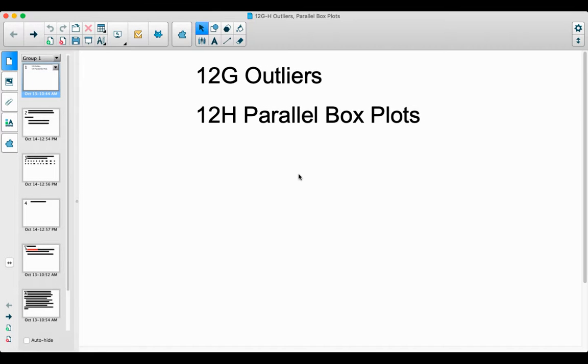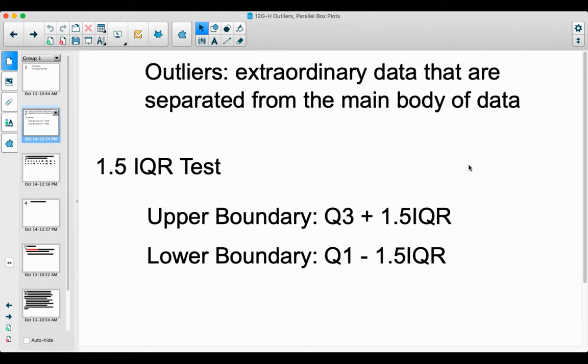Okay, today we are going to take a look at 12G and 12H. So we're going to look at 12G in this first video, and then we'll take a look at 12H in the next video. So 12G is outliers, and there is a test called the 1.5 IQR test,